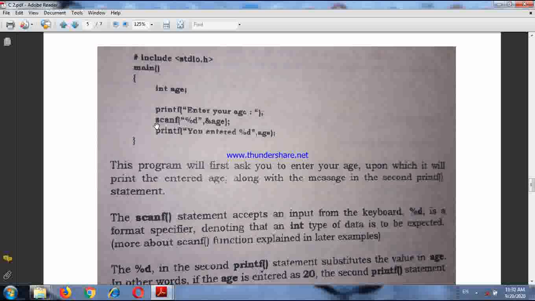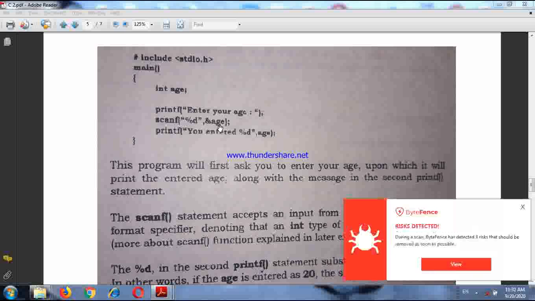That means once the control comes here, in this command, the program will wait for the input. Whatever we input through the keyboard will be stored in the variable age. Suppose we put the value 37, that means 37 will be stored in age. Until and unless we insert a value, the program will not proceed.